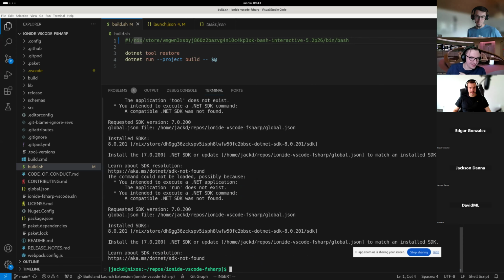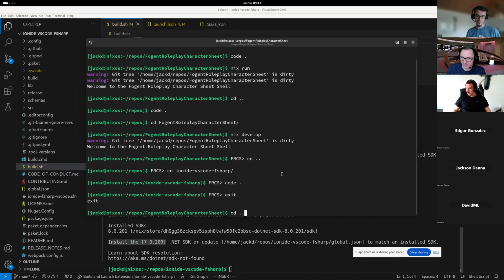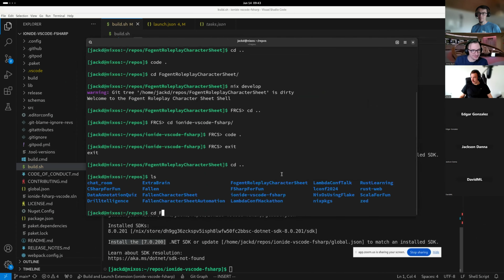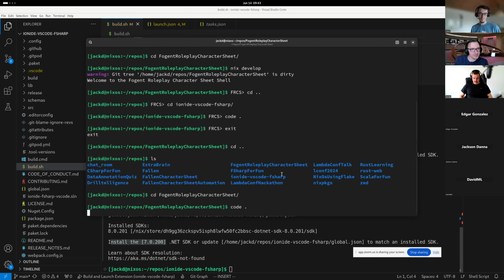Okay, so I think it's looking for .NET 7. Is that correct? I can fix that real quick. I'm on .NET 8. Okay. This is one of the cool things about Nix. I'm just going to change one thing.